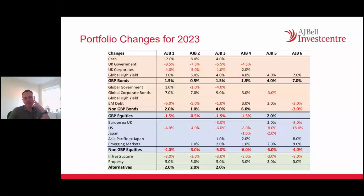And then finally, property. Given the falls in property valuations and therefore the increase in property yield over the last 12 months, property has become a much more attractive sector than it was. That shouldn't be a huge shock: following a bad year, an asset tends to become more attractive because it has necessarily become cheaper. So we've introduced property at the strategic level,